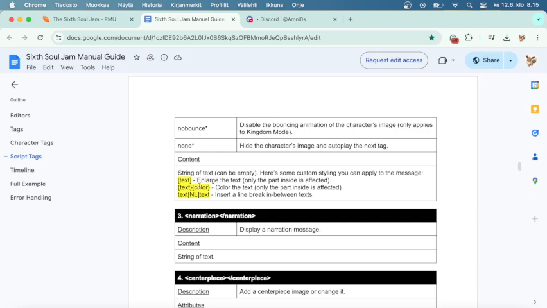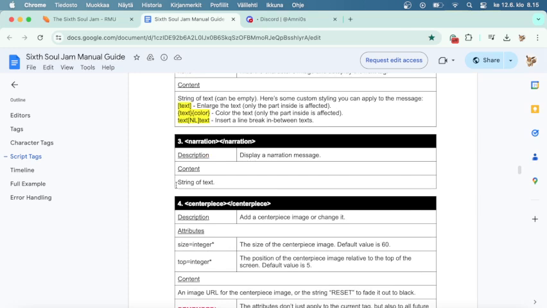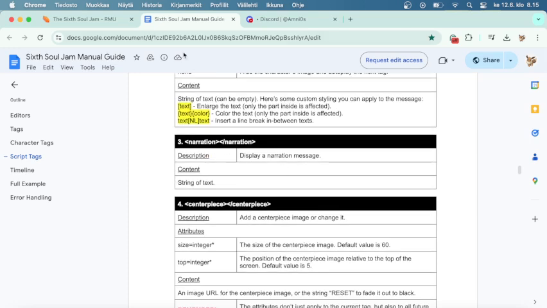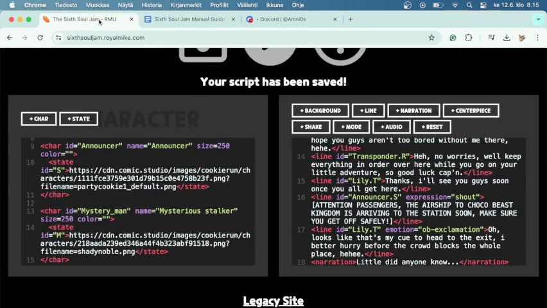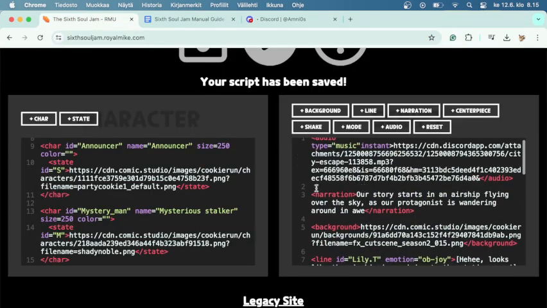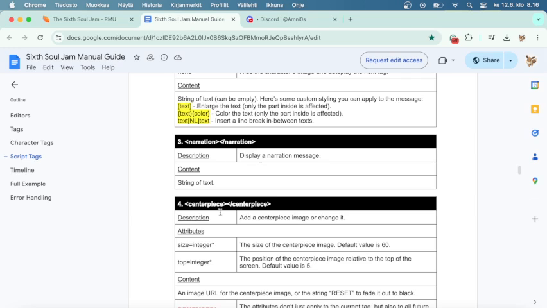Let's see. This is, I don't know about this. Oh, and here is the narration stuff. It was here in the start. This is like the narration part. No dialogue or characters, just text in the middle of the screen.